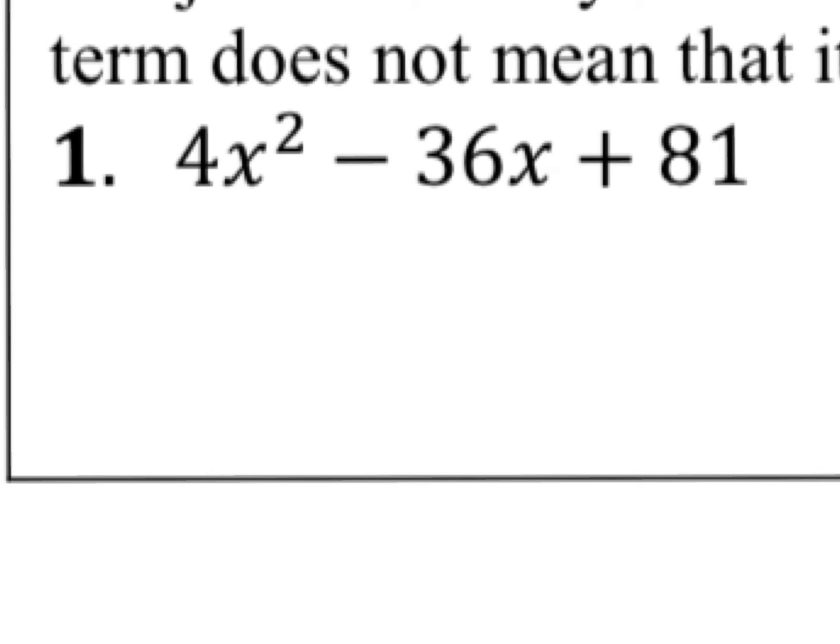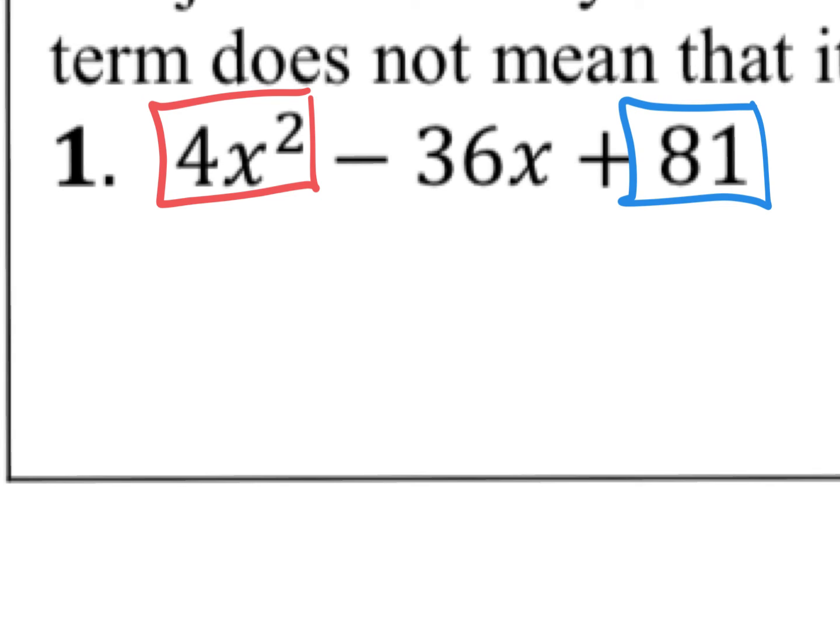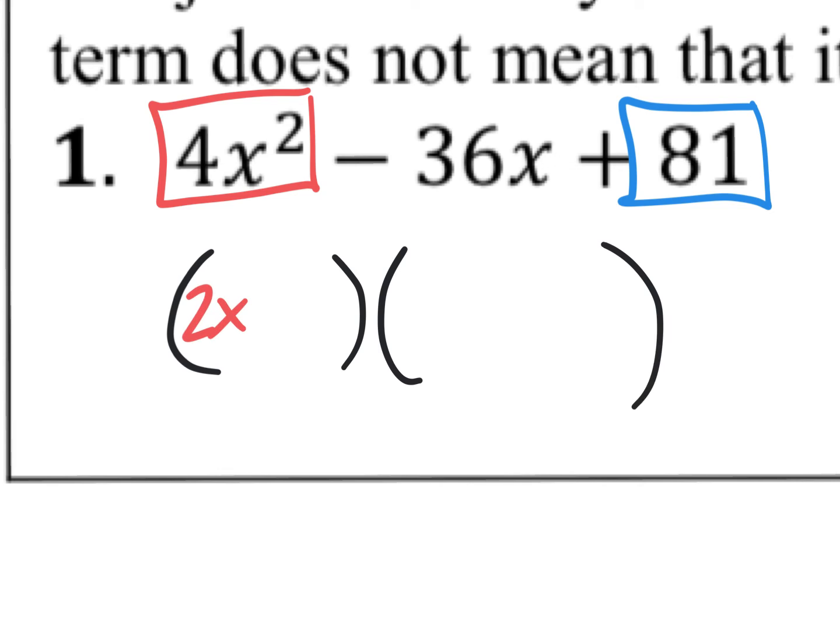Recognize that you have a perfect square term right here and a perfect square term right here. If you do have a perfect square term and a perfect square term, take the square roots of those terms and plug them into your answer format. The square root of 4x squared is 2x. The square root of 81 is 9. So if you put a 2x and a 9 on both of those,